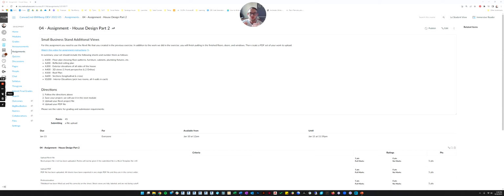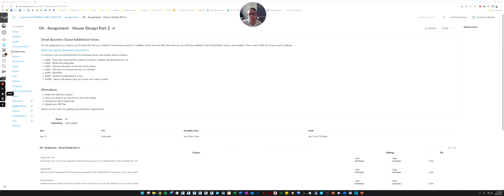Then we're going to move into the interior design sheets. So that would be ID 200 is where you're going to start. Normally the first interior design sheet would be a furnishings plan. We're going to do that in the next module. So just leave a placeholder for the ID 100s and just jump right into ID 200.